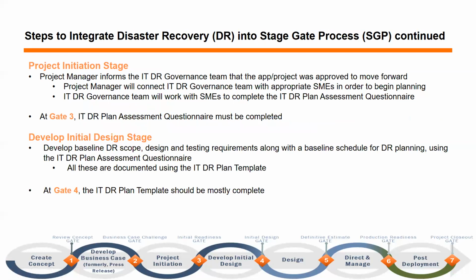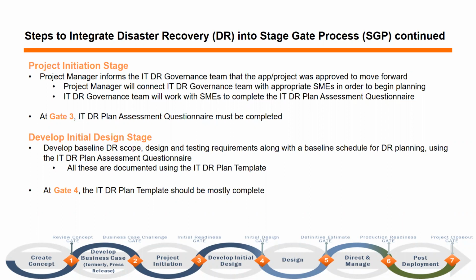So at project initiation stage, the project manager informs the ITDR governance team that the application or project was approved at the business case challenge review and is ready to move forward. At this time, the project manager will also connect the ITDR governance team with appropriate SMEs in order to begin DR planning. The ITDR governance team will work with the SMEs to complete an ITDR plan assessment questionnaire. And then upon reaching gate 3, the ITDR plan assessment questionnaire must be completed. This questionnaire provides input to move to the next stage based on the application or process's criticality rating, RTO, RPO,